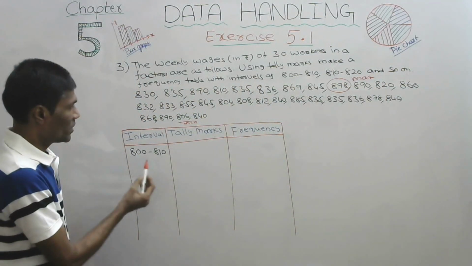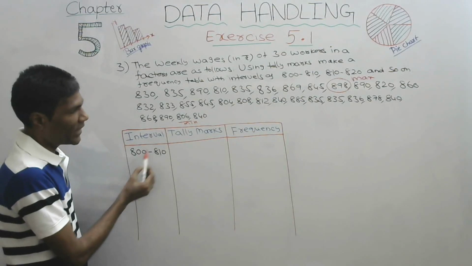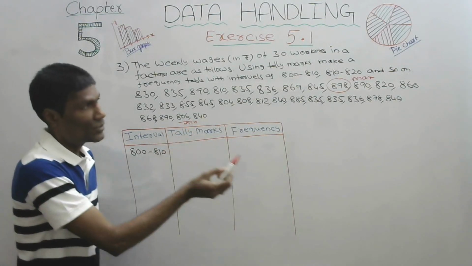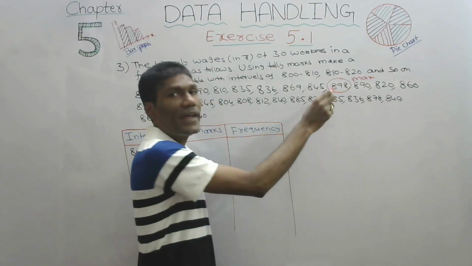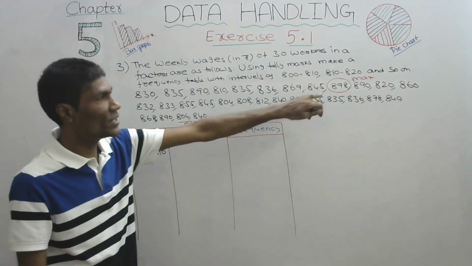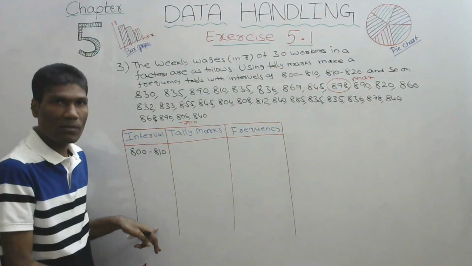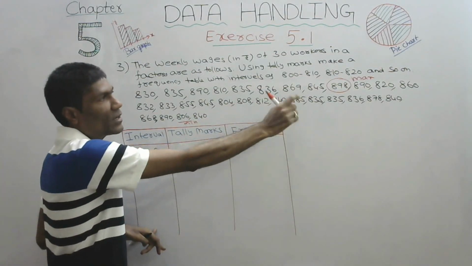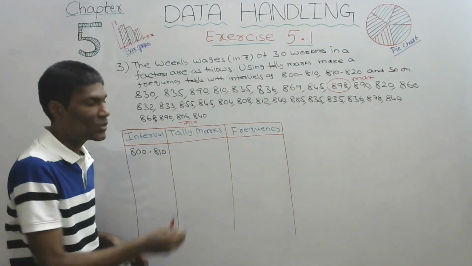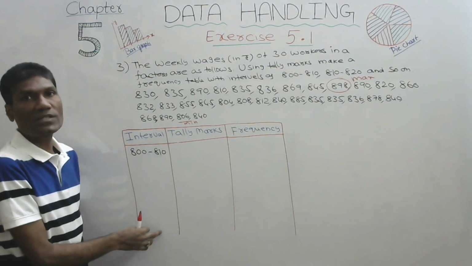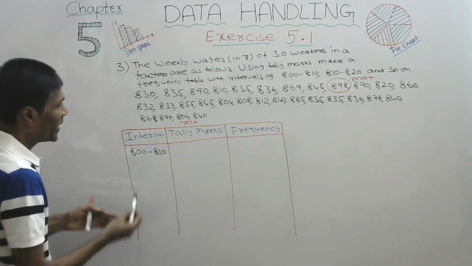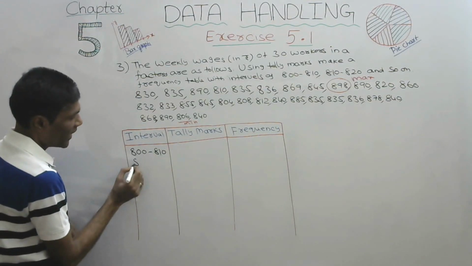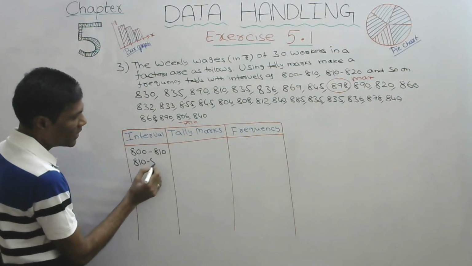So first one, 800 to 810, will it come? Yes. So this maximum should come. So we will take up to 890 to 900. To see which is the maximum, we should first find out the maximum value so that we can arrive at the maximum class interval. Now 800 to 810, next 810 to 820,